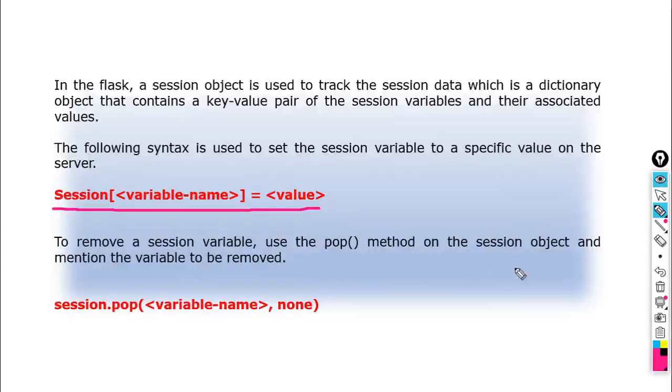The syntax is session dot pop, and within brackets you write the variable name, the same variable name you used when you created the session. So session dot pop variable name comma None. This is the syntax to remove a session variable. Let us see this with an example.